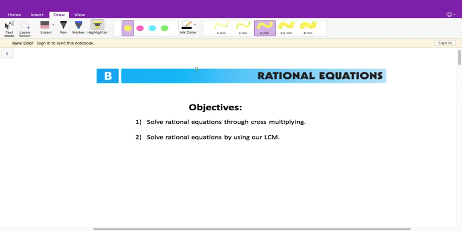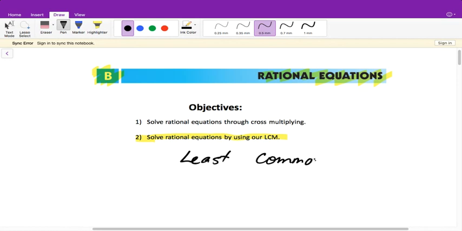All right, so now we're going to continue section B, rational equations. Remember that means fractions. But now we're going to solve using our LCM, right? And our LCM is our least common multiple, right? So when we are going to use this is whenever we don't just have a fraction equal to